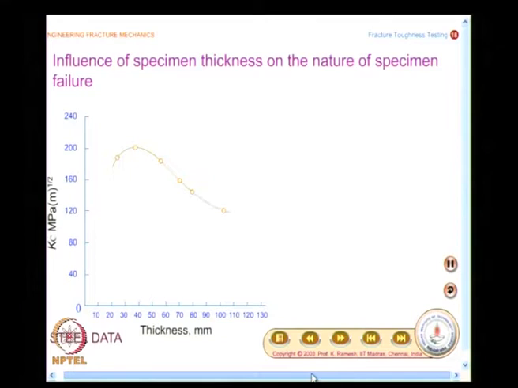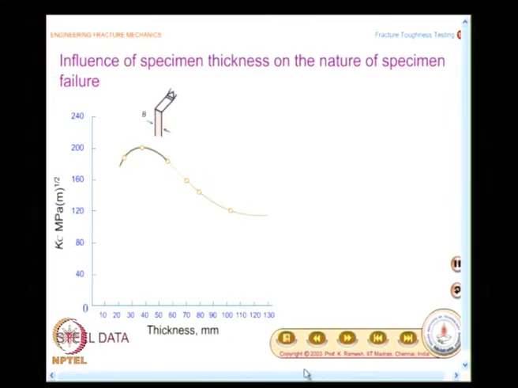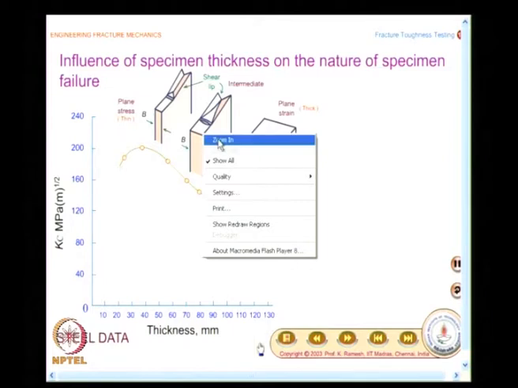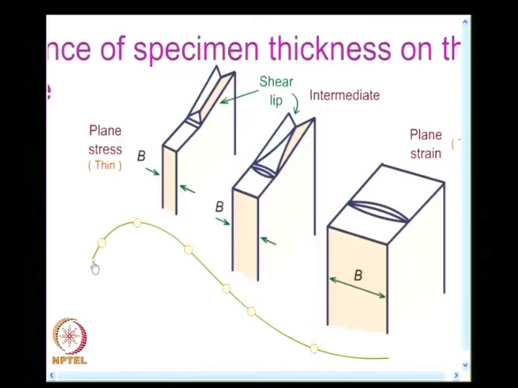And we have seen different types of material behavior, and you also find that as a function of specimen thickness, the way the fractured surface will appear is also different. When I have a complete plane strain situation, you will have a fracture like this. I think I can magnify it for you. So, what you have here is the fracture toughness varies like this. For plane stress specimens,